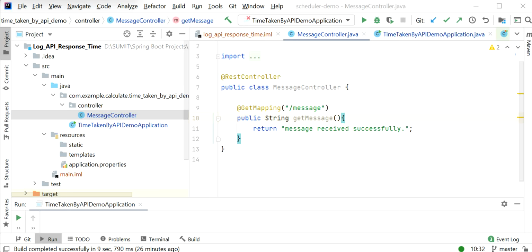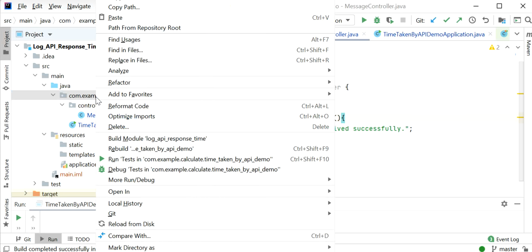By calculating the API response time, we can improve the code's performance and identify the specific areas that need improvement. Printing logs of the time taken in each method would increase the lines of code. So we can use interceptors and write the common code there. The interceptor will take care of calculating and printing the response time taken by each API in the log for every API call. Let me create the interceptor first.